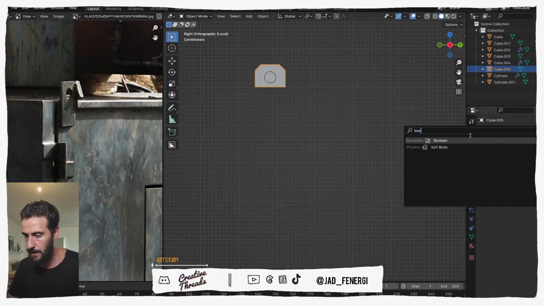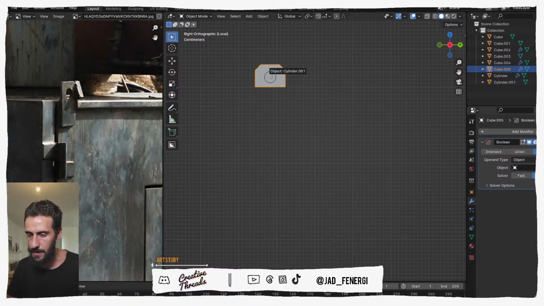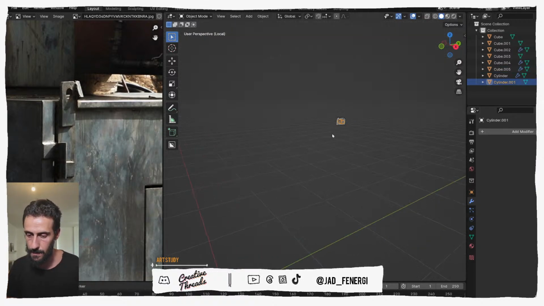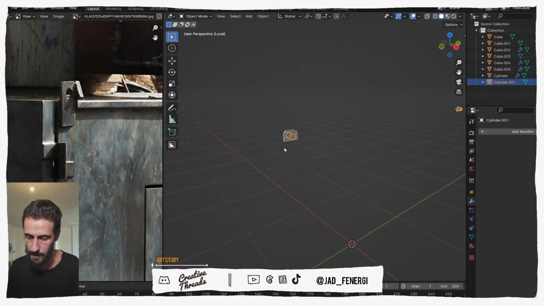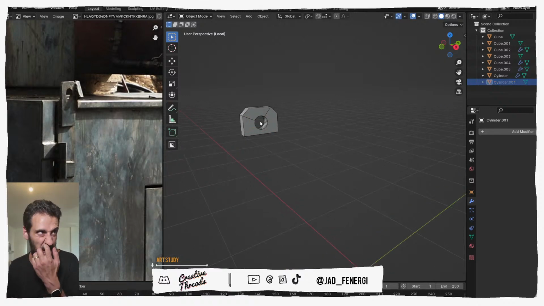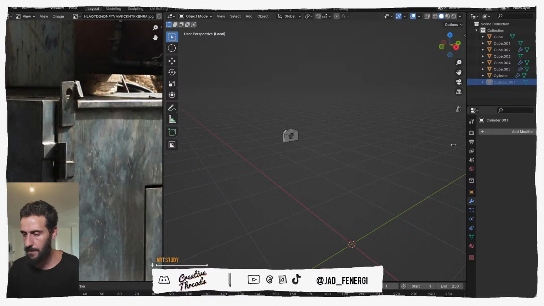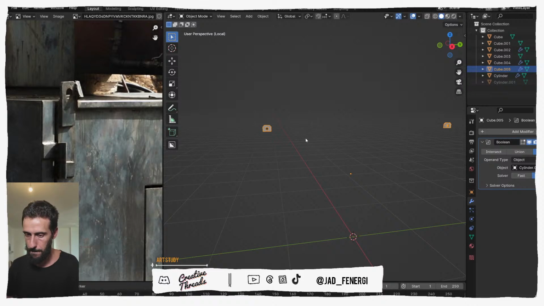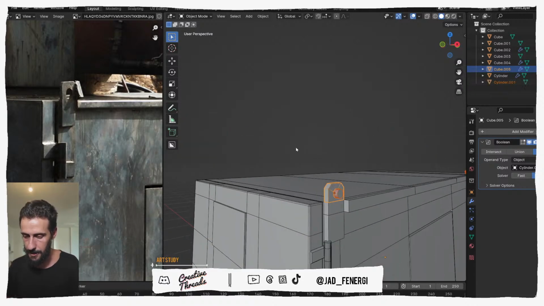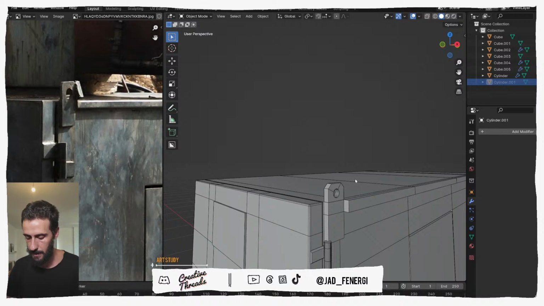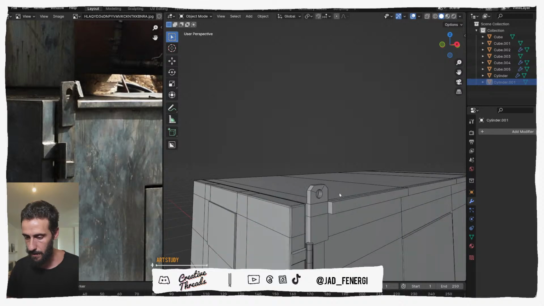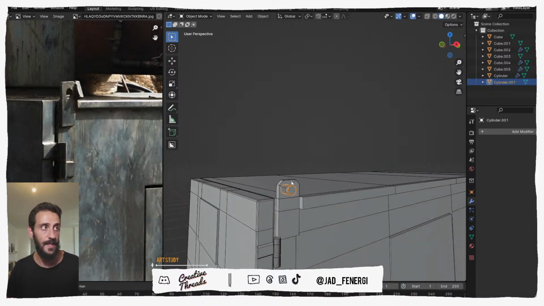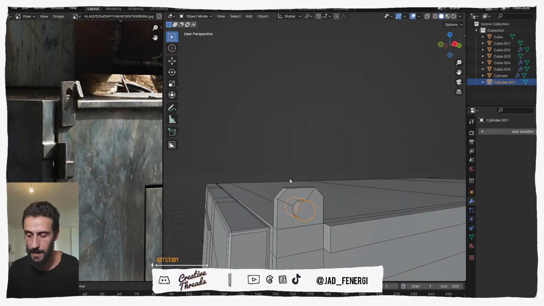Then we're gonna look for Boolean, pick the objects that we want to use for openings, and now if you hide these, you can see that you have created this. So we can just apply the Boolean. Now if you don't apply the Boolean, you can still Alt H to unhide. So H is to hide, Alt H is to unhide. So if you press G, you can actually move the Boolean around. This is why these objects are still relevant in this file, but if we just apply them,